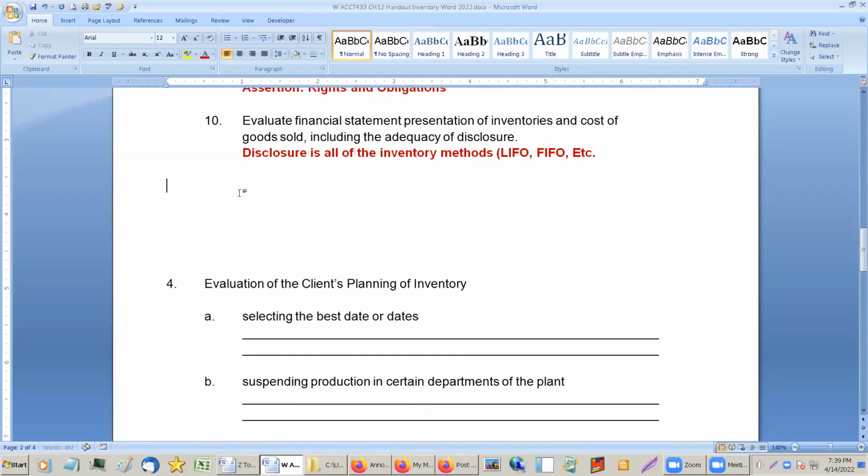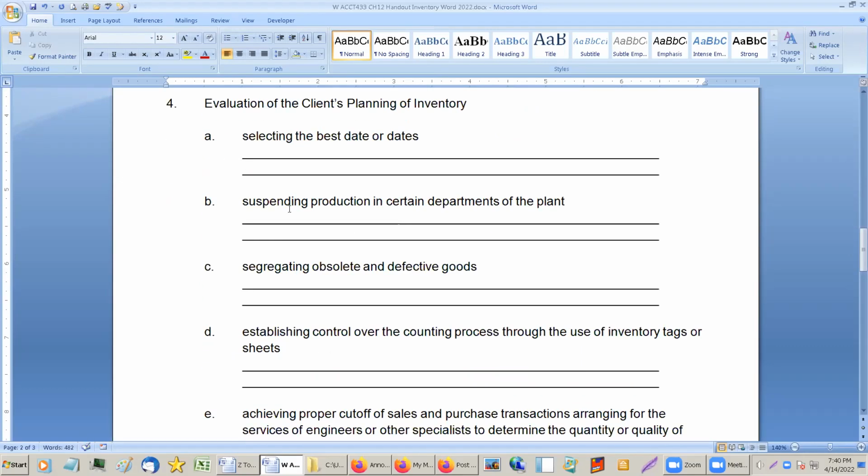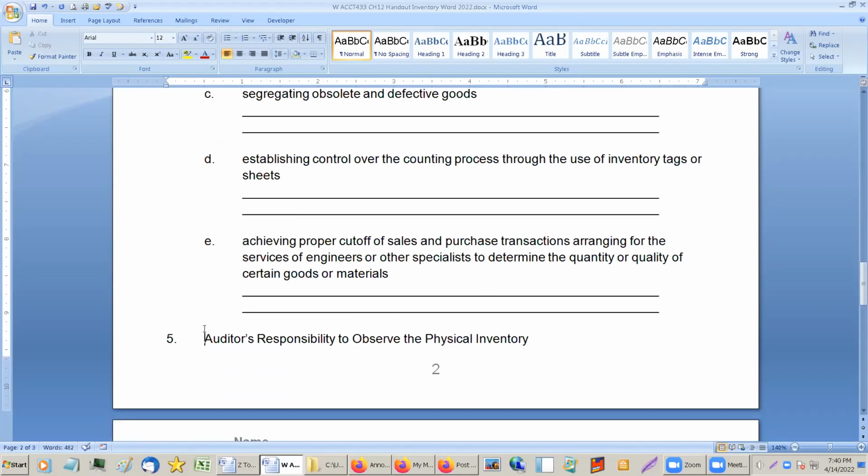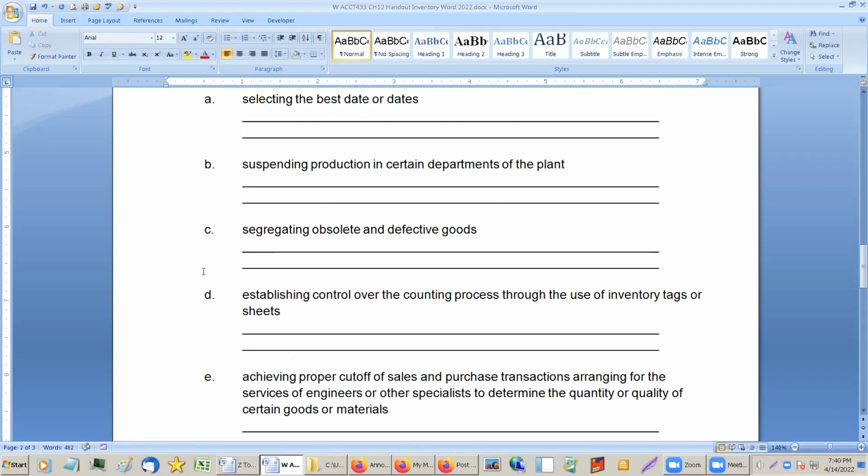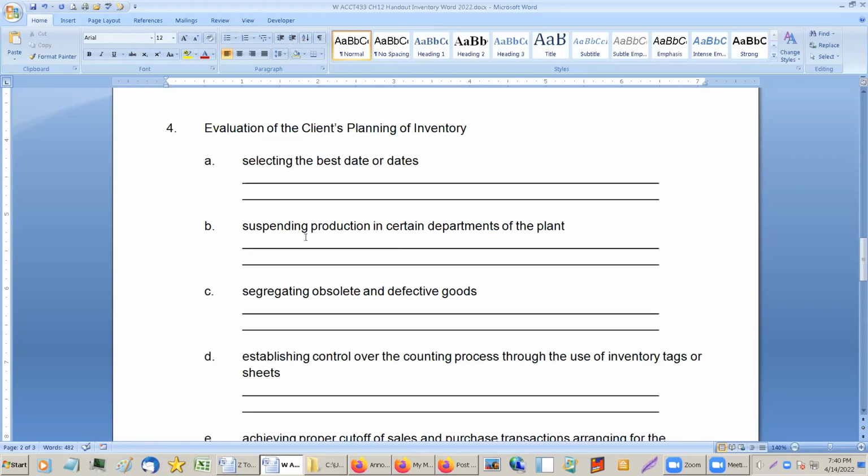Well, one of the things here, the evaluation of the client's planning for the inventory. Let's go down here. Now, I'll click on the best dates. I'm going to leave that; you guys kind of know that one. But I do want to put one thing in here, and that is